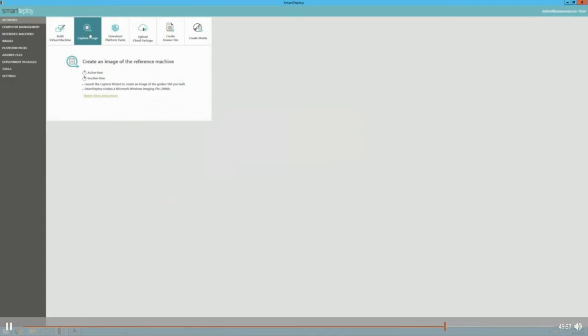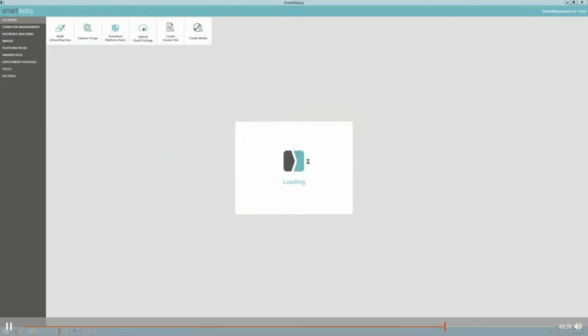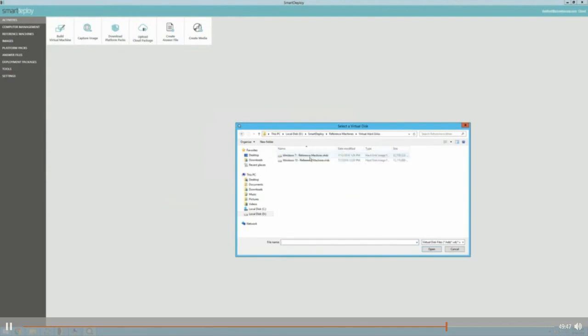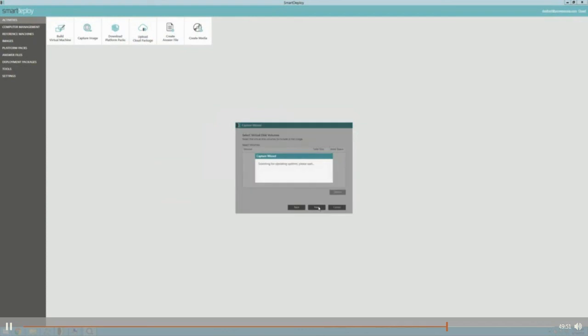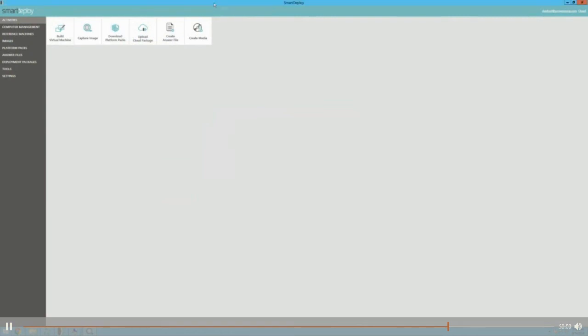A simple capture wizard. Most everything's wizard driven. It looks basically like this. You'll see that we try not to ask you too many questions on any one page, but the big idea here is you browse to a virtual machine that you like. It'll pick up the different disks and partitions. You could bake your product key and creds into it, next, finish, and away you go. Five minutes later, you have a new WIM created from SmartDeploy.